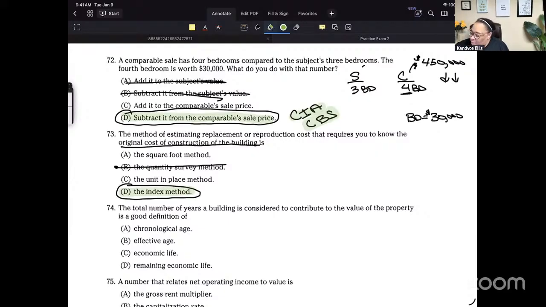I want to add this one to what I teach, not because I think you're going to be tested on it, but because I think it's a good question and it's an easy one to add. Index is you have to know the original cost. It's an easy enough thing to add so that none of you or my future students are like, what? I've never even heard of that before. So again, these are not to freak you out. We are doing random practice questions. We'll get back to more normal stuff, well, I can't say that, but it's normal. It's me.